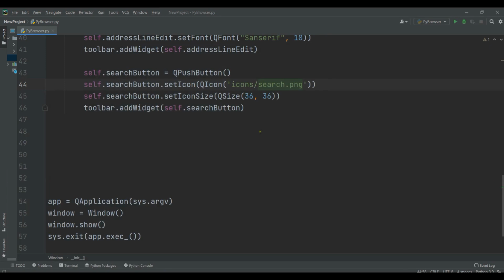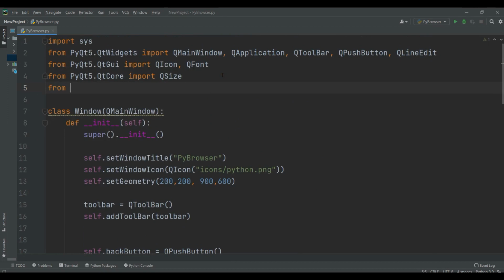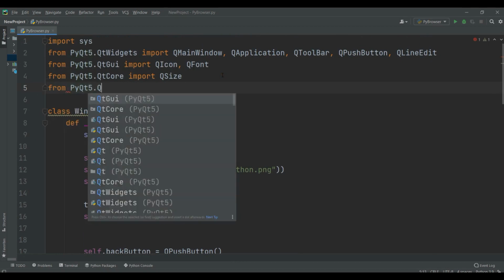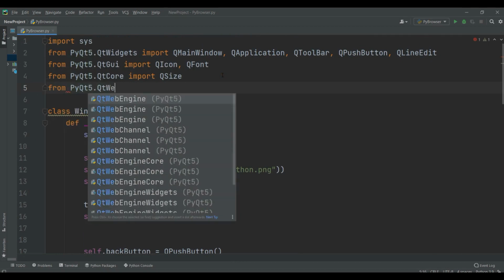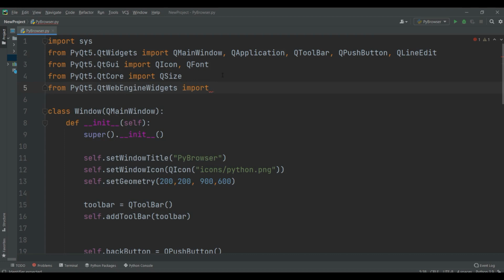And now let's create more functionality. Now let's create our web engine view. As I have already said, we are going to use PyQtWebEngine, and we need to install that. Now first we need to import our QtWebEngine widgets. Here I can say from PyQt5.QtWebEngineWidgets we want to import